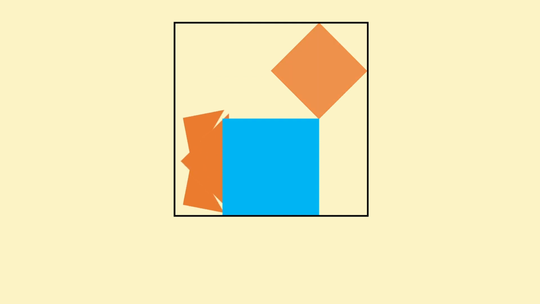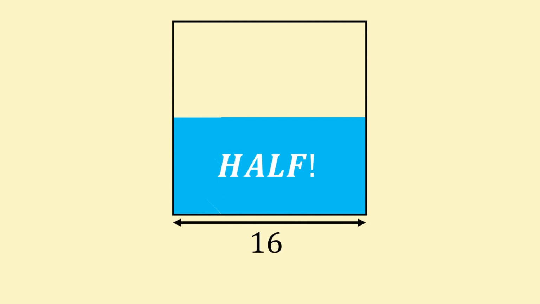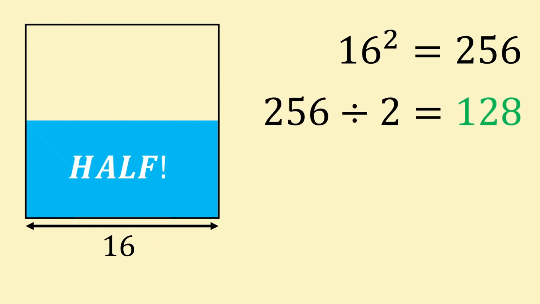If we repeat this for the other smaller square, we find we filled in the entire half of our border square with stuff that were once squares, and the rest is empty. There's now just one calculation we need to do: find the area of the border square and halve it. The area of the whole border square is 16 squared, which is 256. Half of 256 is 128. 128 meters squared. The same answer we got before, simplified to just one calculation.